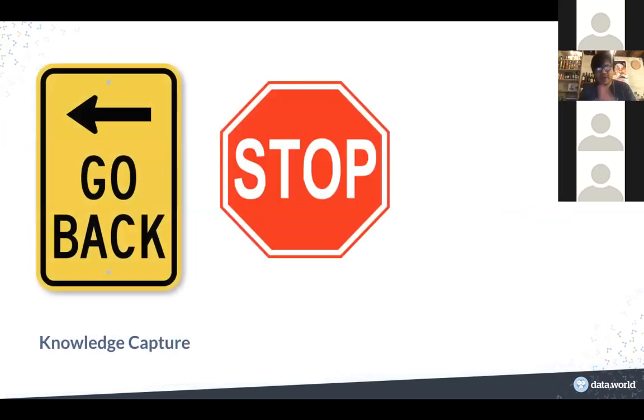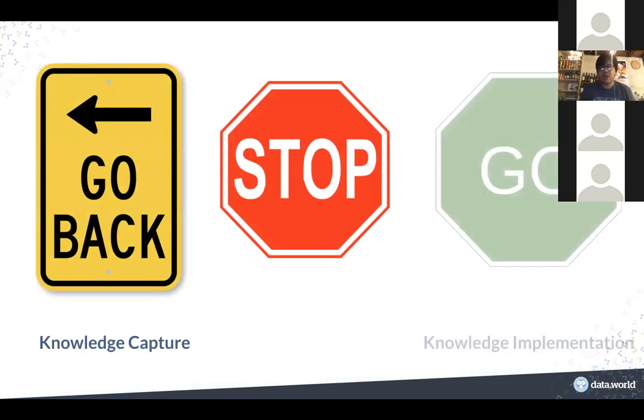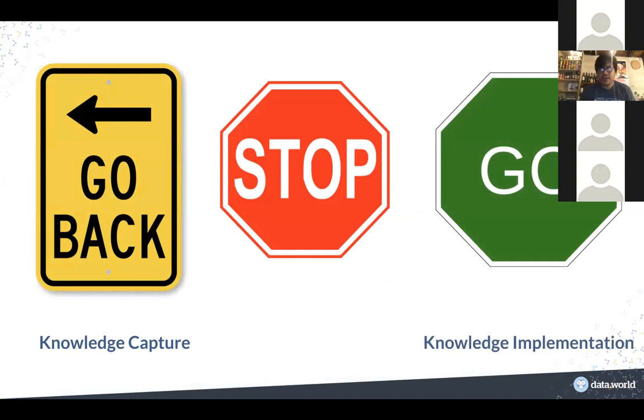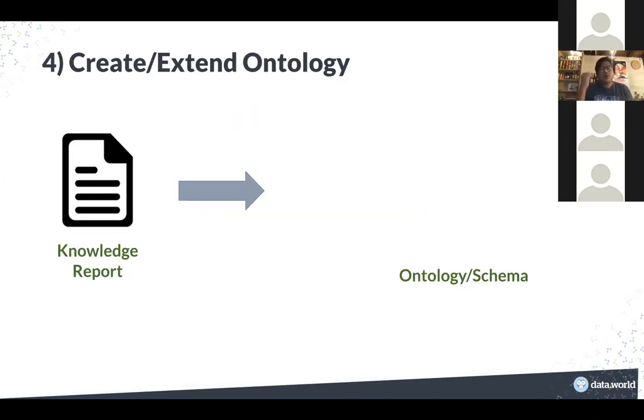So at this point, you can stop and have your peer-reviewed session. If you find an issue, you go back. If all things look good, you get three accepts, and you can go forward and implement your knowledge. At this point, your knowledge report has all the work, and all you do is implement it.